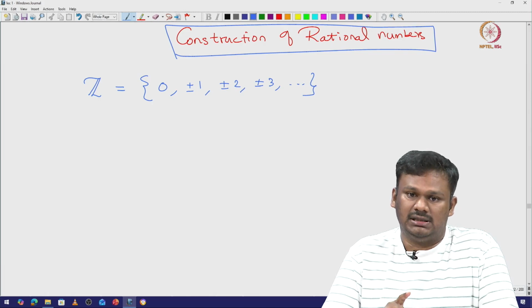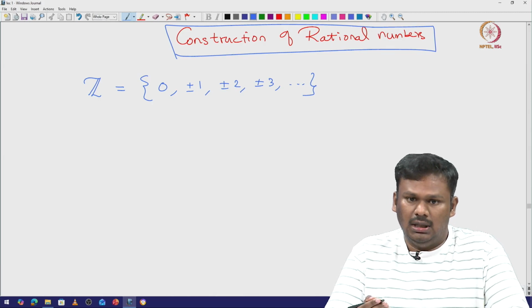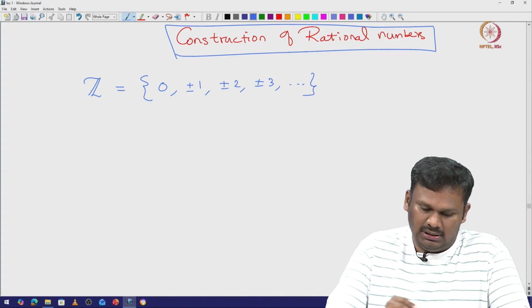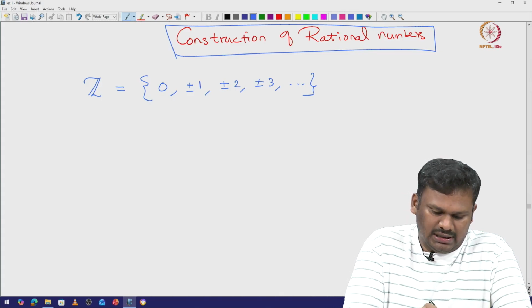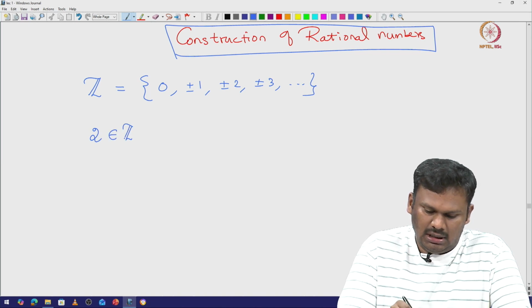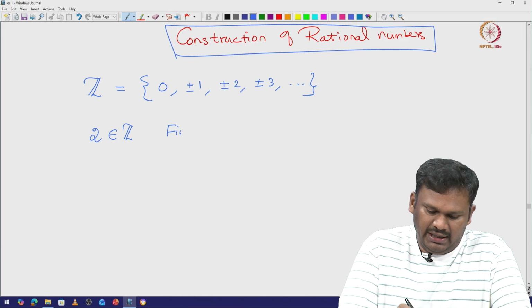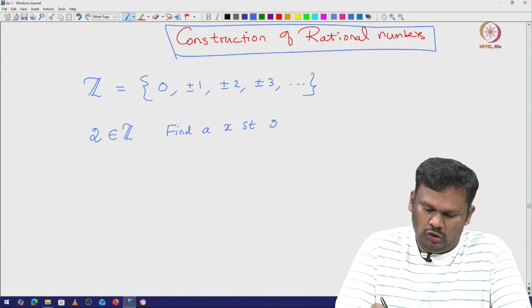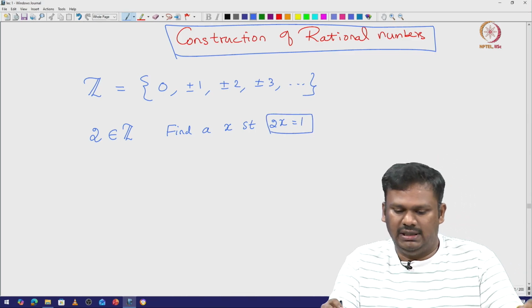Sometimes it is important to get solutions for equations like this. So, let us take for example 2 inside the integers. Now, we want to find an x such that 2x equals 1, and it is not hard to see that